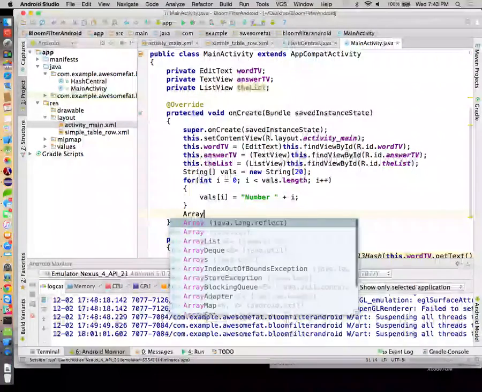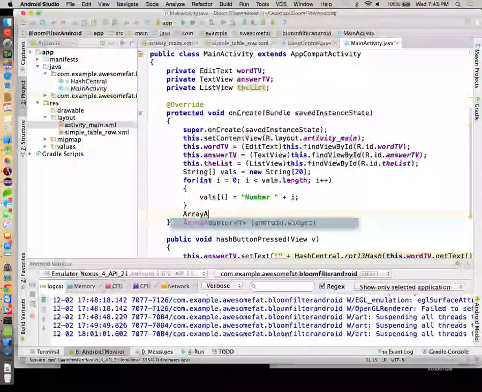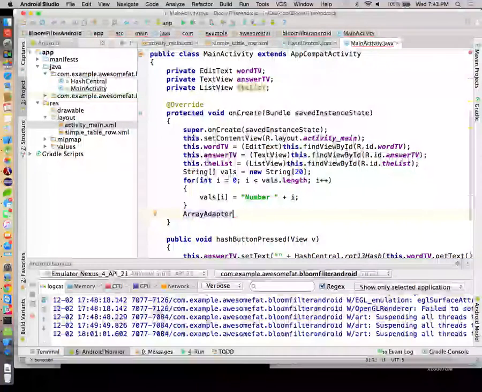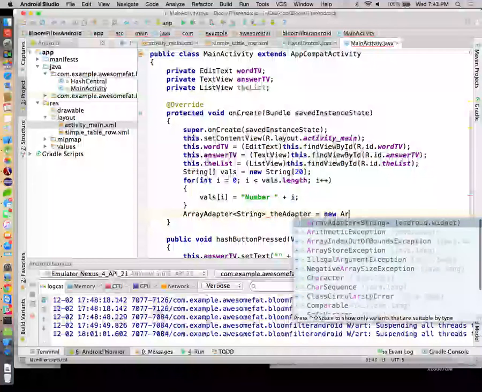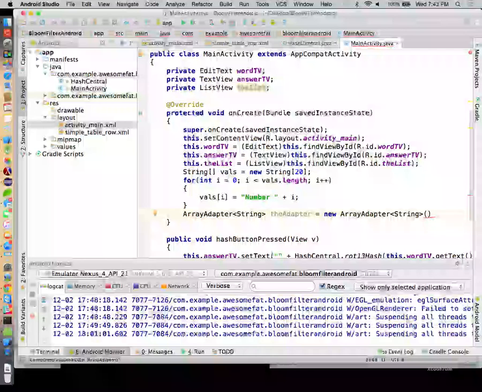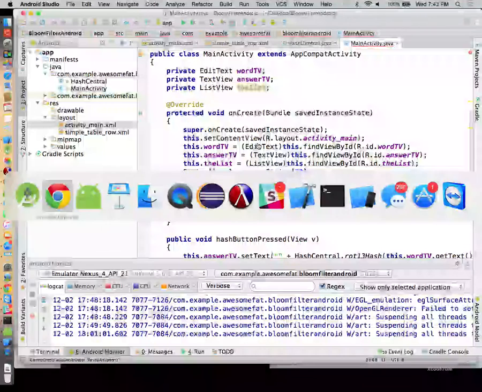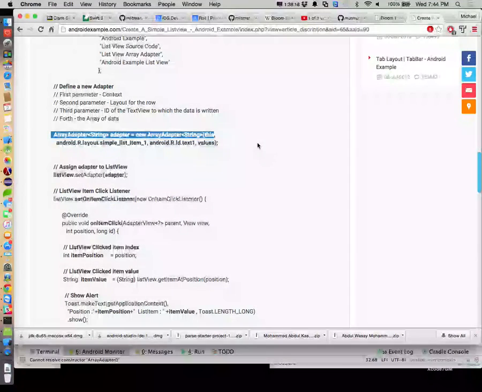We'll say we're going to have an array adapter of type string. Let's call this guy the adapter, and this is going to be a new array adapter of string. And the parameters this guy takes looks like it's the activity, the layout,